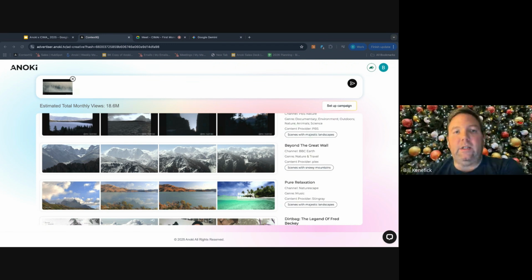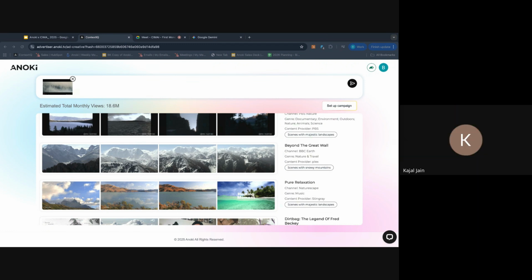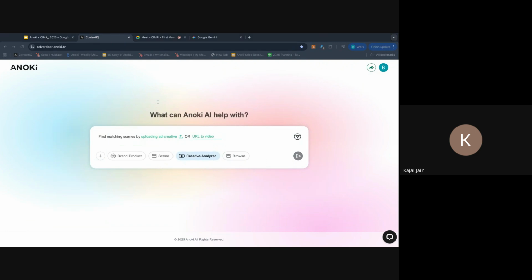Any other questions? Yes, Kajal? Hi, I had a question. So I'm just referring to the frameworks and setting the tone and things to avoid. So as you're prompting to see a specific video or image, can you specify the things that you don't want to see? So for example, for whatever reason, if I don't want to see mountains or flowers, can I specify that as I'm prompting?